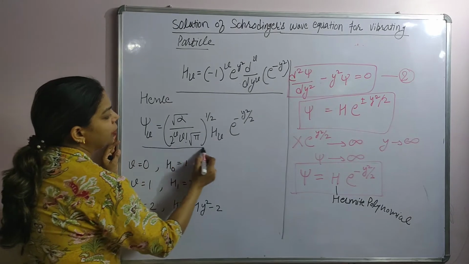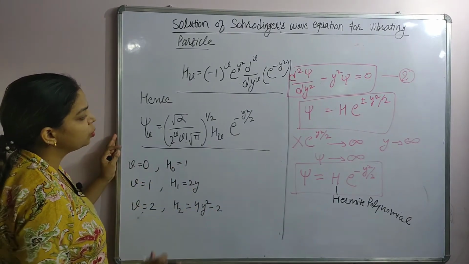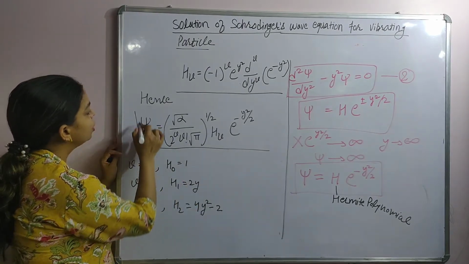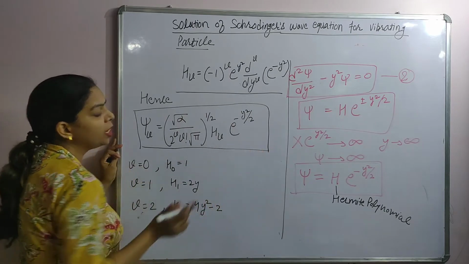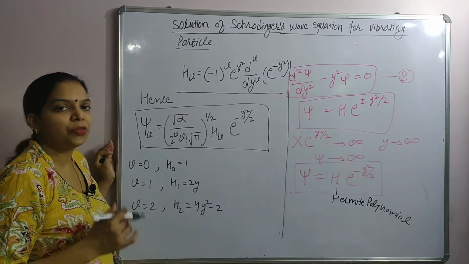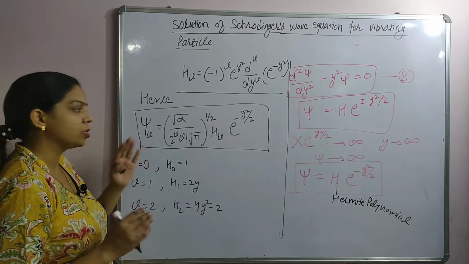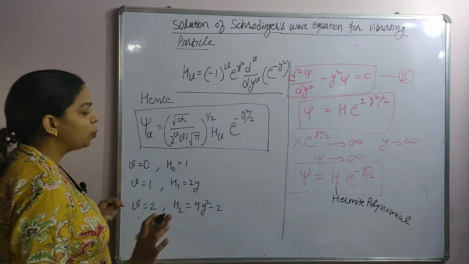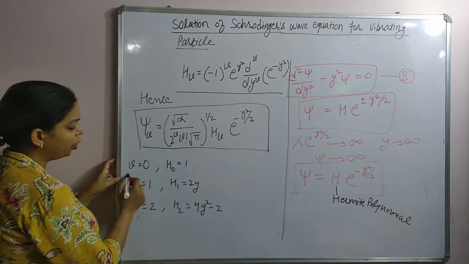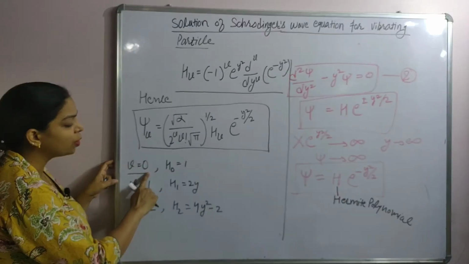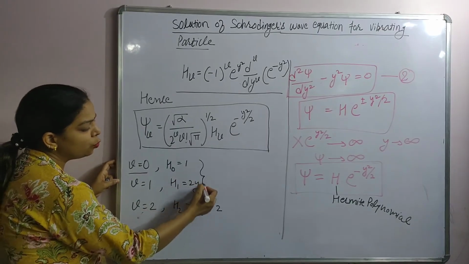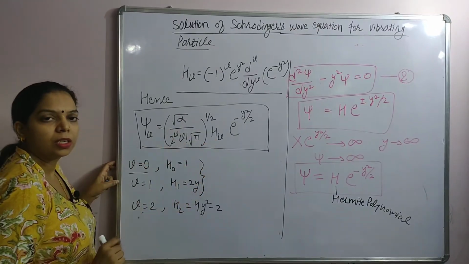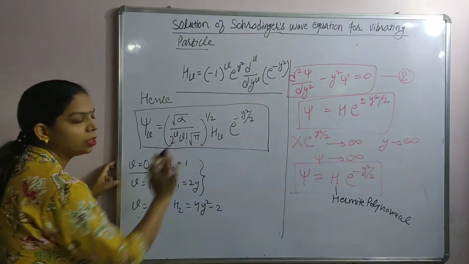And the total wave function, we have already seen the expression. When we substitute the various values over here, we will get this expression for the total wave function. So one need not remember all the terms. Whenever a question is asked, you will be provided the wave functions. So you need not worry about the complicated expression we are getting here. But you must remember a few things. The Hermite polynomial for vibrational quantum number 0, or ground state, is 1. The initial two you must remember, so that you can easily substitute the values of this factor over here and find out the values.